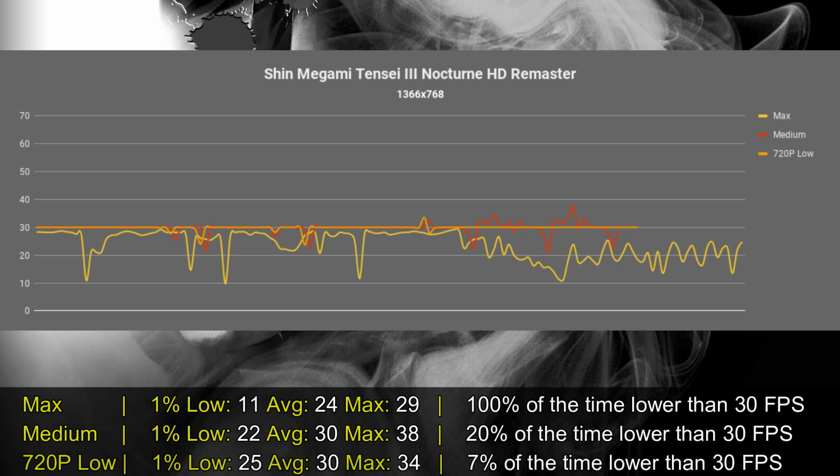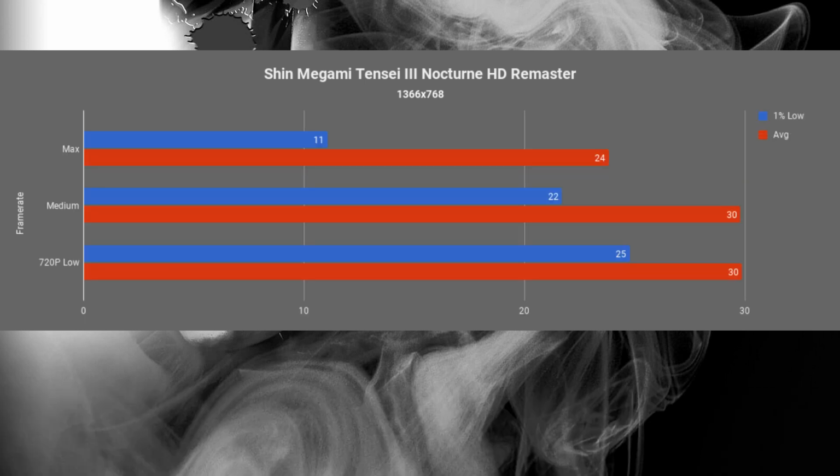This is my recommended way to play the game, but I also decided to try the game with multiple different settings. So going with maximum settings at 768p, your entire experience will be under 30 frames per second, and because of that same reason I can't recommend it. Playing at median settings with 768p, which is my favorite way of playing, delivers a 30 frames per second experience,